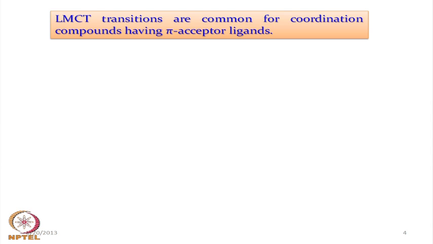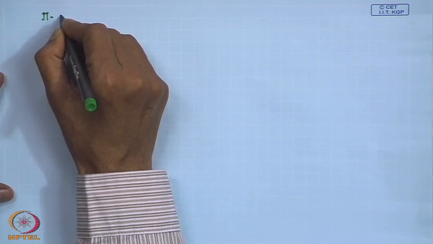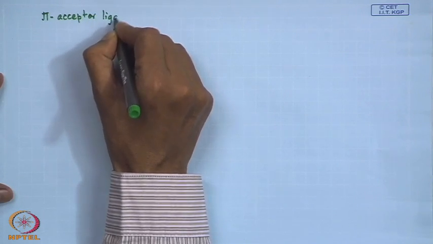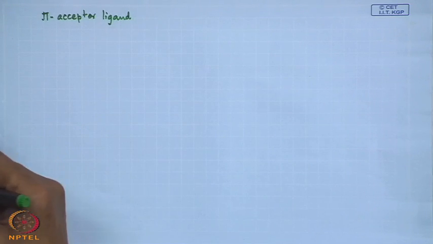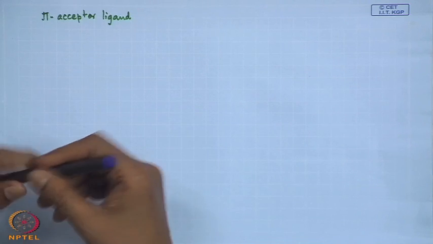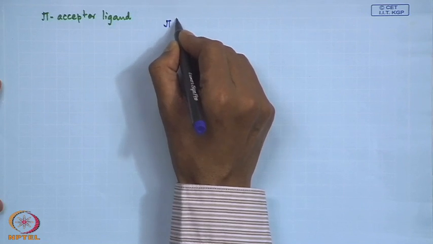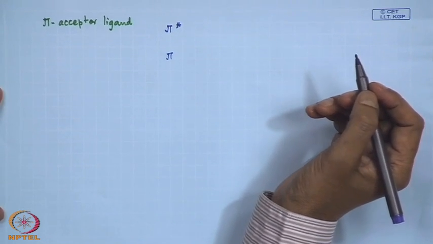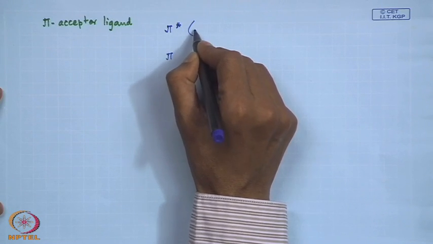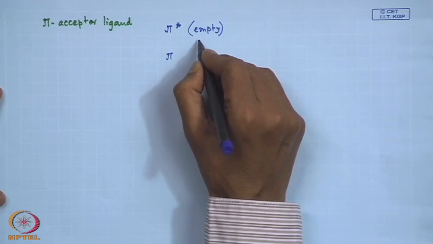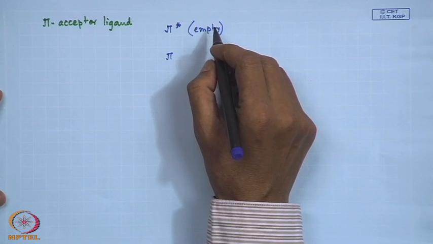So, one important thing we are now defining: if we have a pi-acceptor ligand, that means the corresponding system will have the pi level as well as the pi star level, and if the pi star level is empty and it is a vacant molecular orbital,